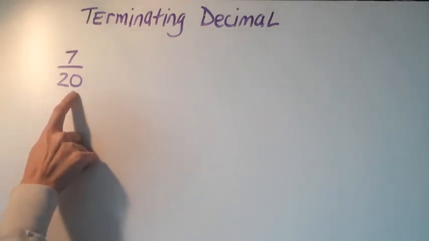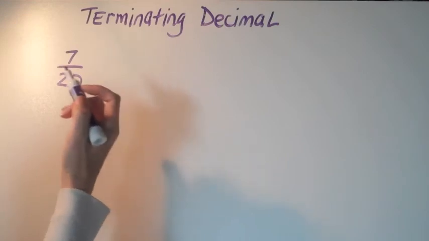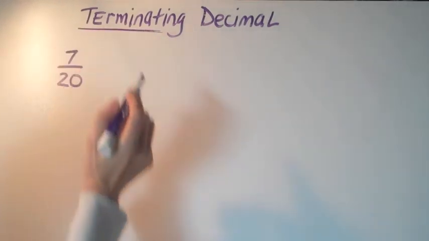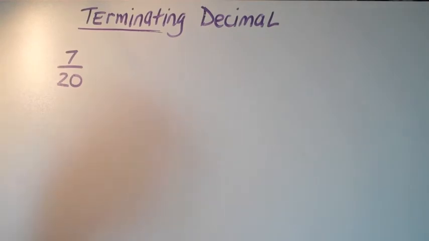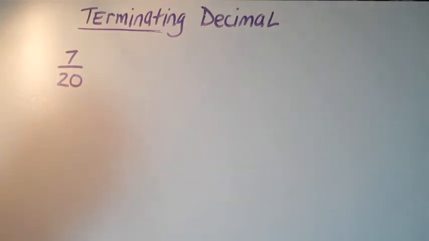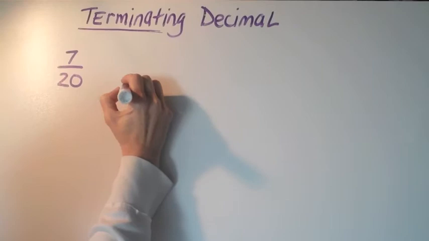Sometimes when you get a fraction and you want to change it into a decimal, you'll get what's called a terminating decimal. Terminating just means a decimal that ends. The word terminate in there means ends. If you think of being terminated, that means you're fired, your job's come to an end, or the Terminator puts an end to things.